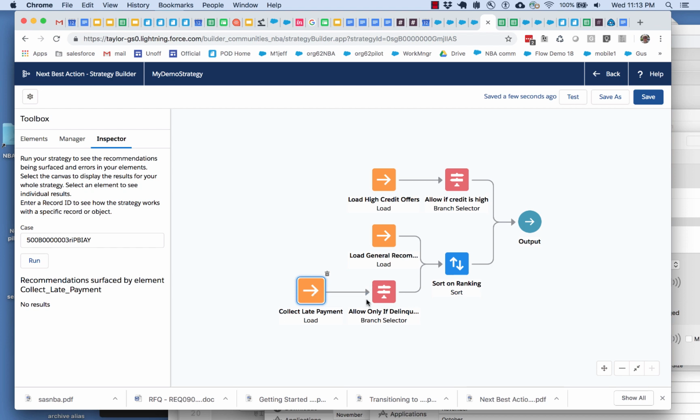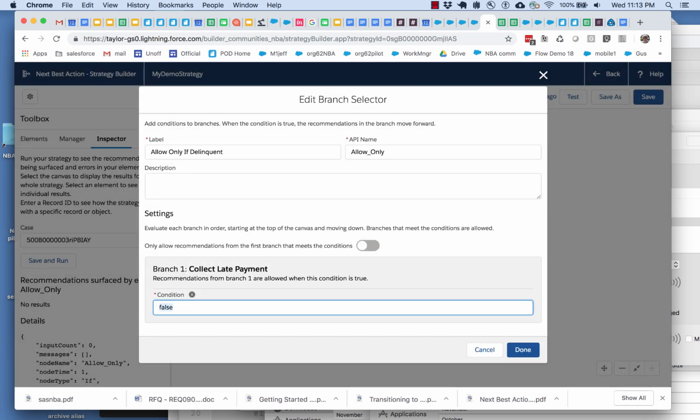And interestingly, because the gate is closed, the system doesn't even bother to load recommendations here. It's basically being efficient. It's saying, well, this gate isn't going to pass anything through anyways, so I'm not going to bother. And so if we go back here and set this gate to open again,